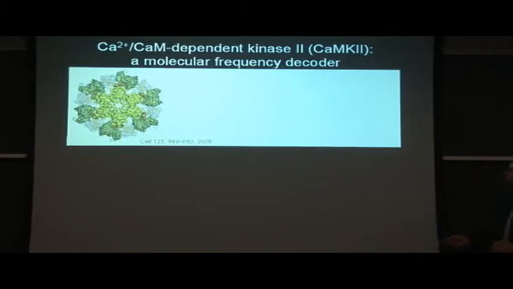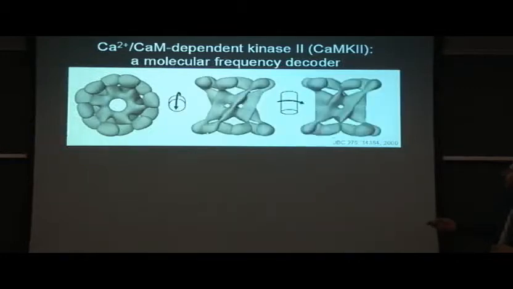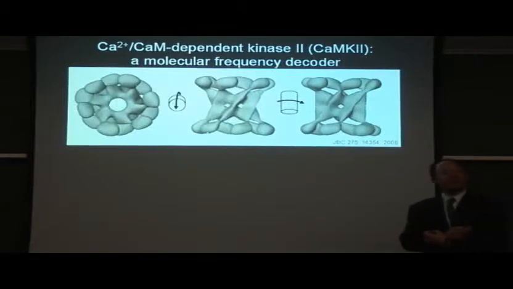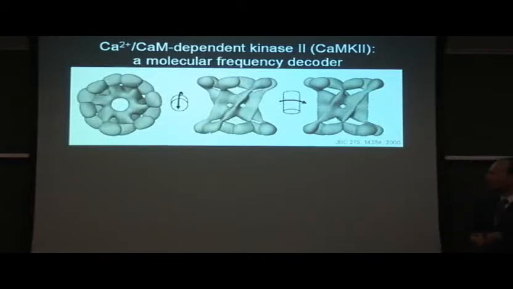But showing you some older data with the reconstruction, this is again the 6 on top, and behind is 6 more on the bottom. And we can rotate this, and you can once again see this kind of wheel and spoke phenomena for a total of 12 subunits. And this arrangement is important for the ability of the kinase to function as essentially a frequency decoder. Beautiful work from Howard Schulman. And the way that works